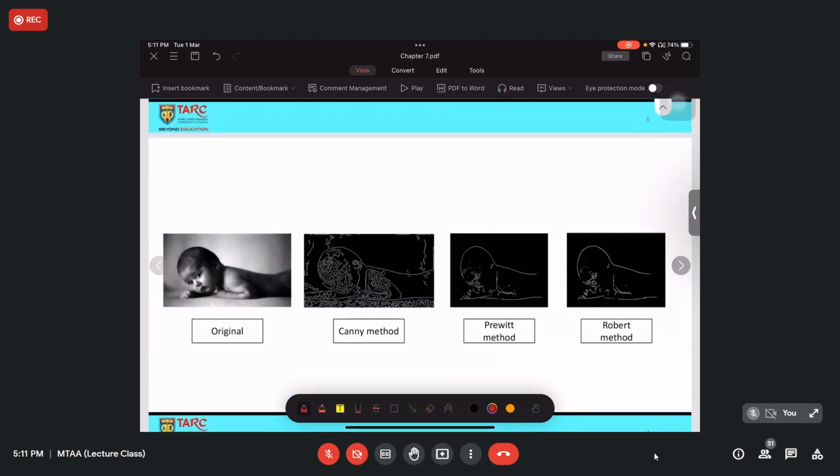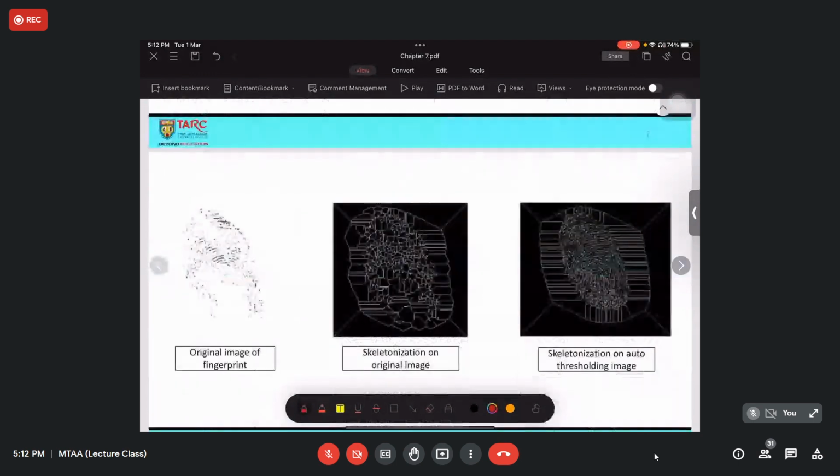So this is the original input image, which is in grayscale. You perform edge detection using Canny, Prewitt, and also Roberts. But of course, don't forget that for Canny, you can control the upper threshold and lower threshold to get a better image. Depending on you, you can set the upper and lower thresholds to change the degree to which you want to segment the edge. But for Prewitt and Sobel you cannot.